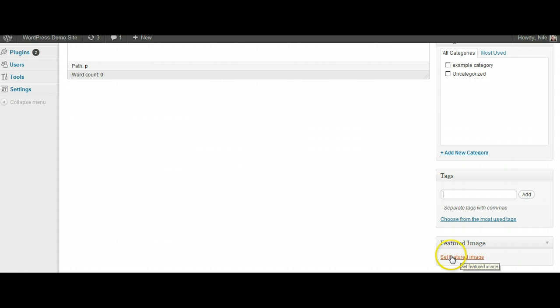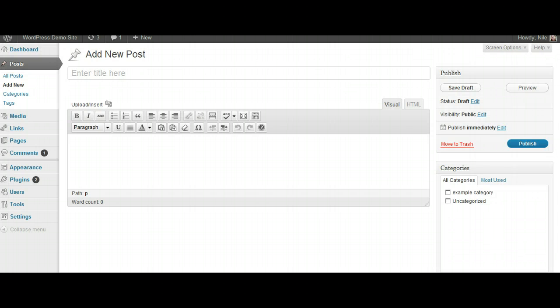And then there's an area called featured image. In the case that the theme you have on your site has a thumbnail enabled, which is in fact a smaller image that represents what the post is about, then you can upload it here. So now we're going to go back to the content area,